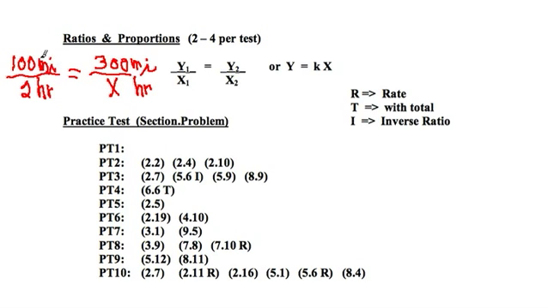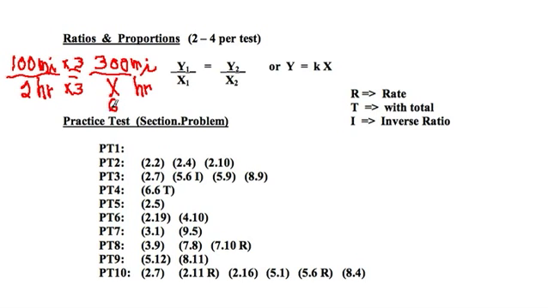And you can treat these like equivalent fractions. So if you multiply top and bottom by the same number, it doesn't change the value. So for example, here, if you want to go 3 times the miles, it's going to take 3 times the